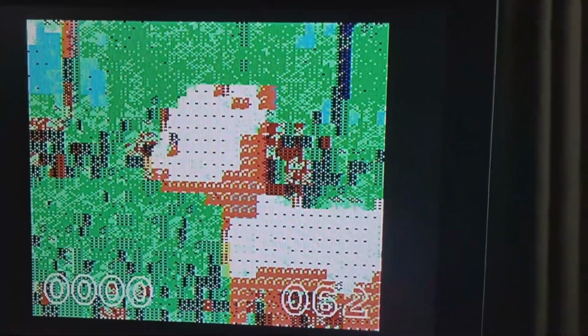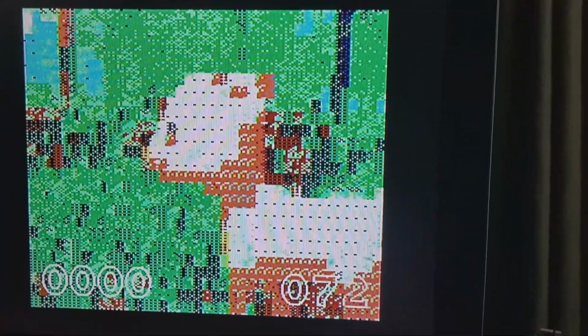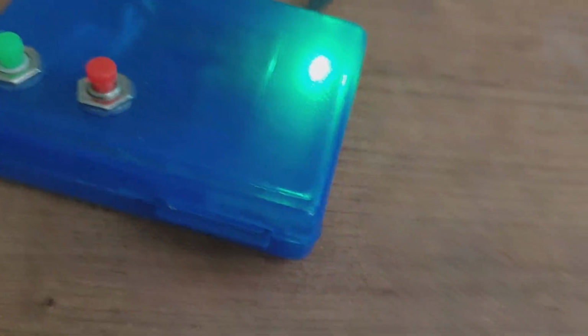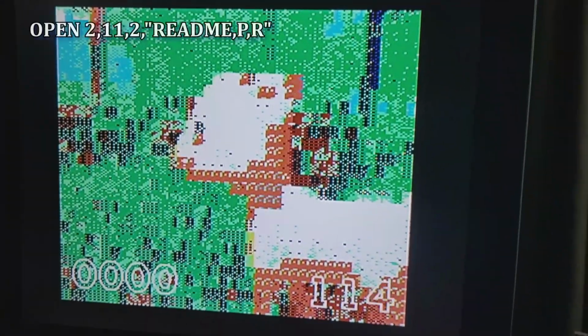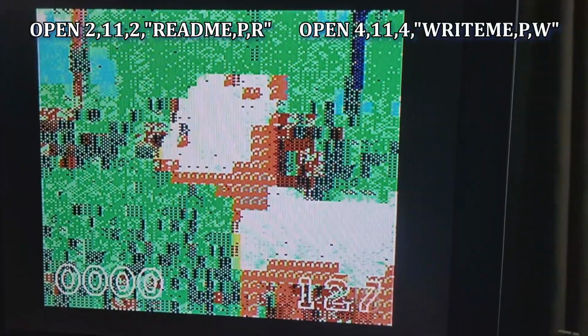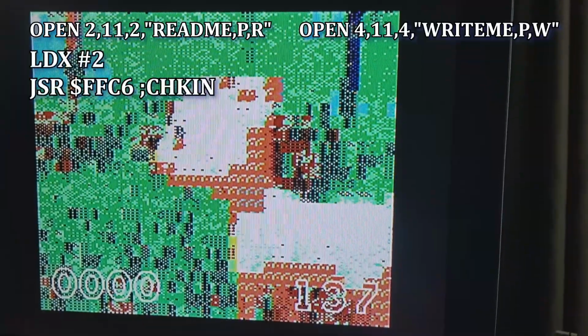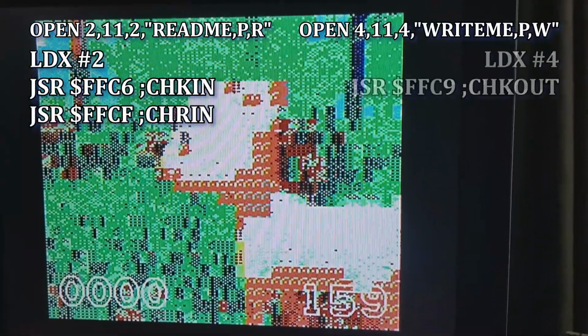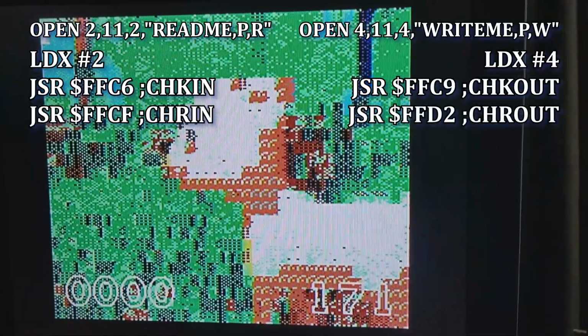Doesn't matter. This is depressing. Like, what? I dread file access, disk routine stuff. I open these from basic, and from machine language, I'm just calling the check-in and the chair-in routine, and then the check-out and the chair-out.